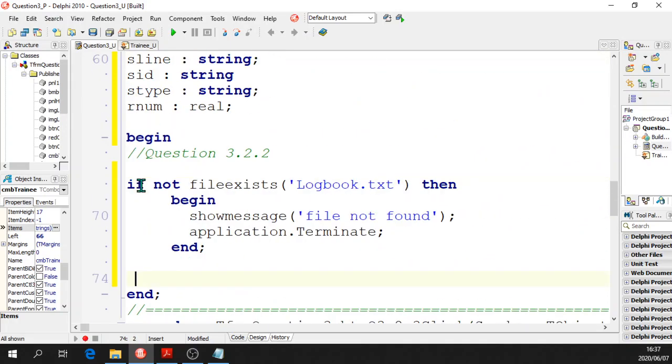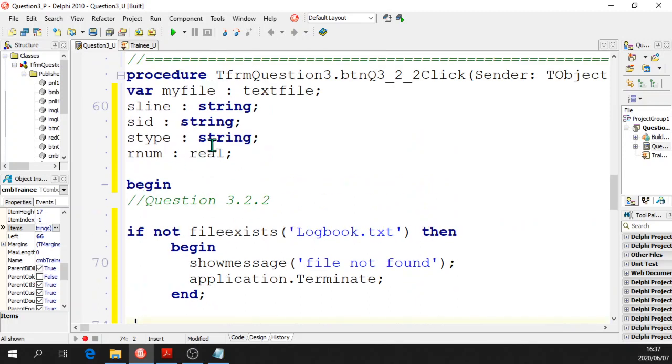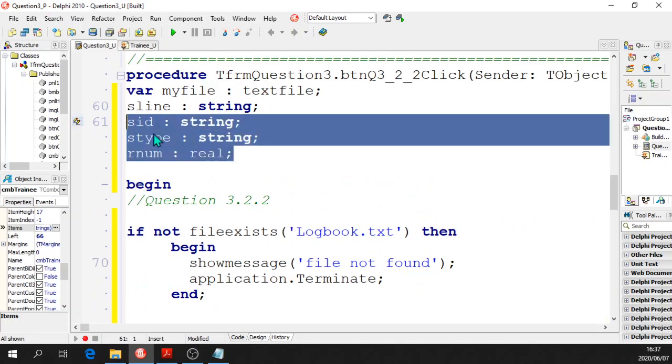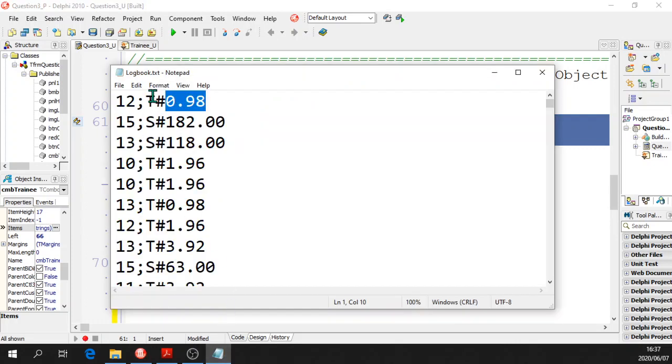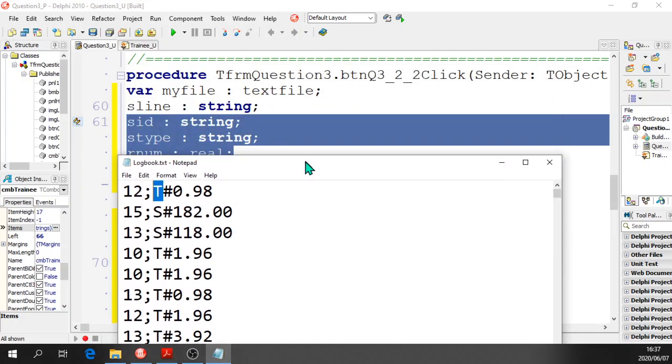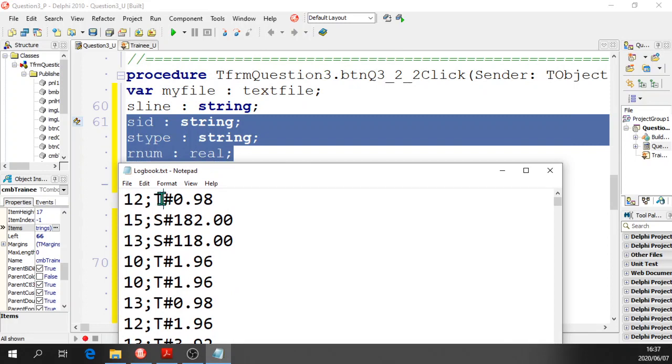Okay, so we're going to read from the text file now. I've got my little variable set up so that when I read a line, I can copy them all into those things. Copy that 12 into srd, then delete, then copy that t into s type, and then delete, and then copy that. I'm going to delete that, and then the rest of the line we'll put into